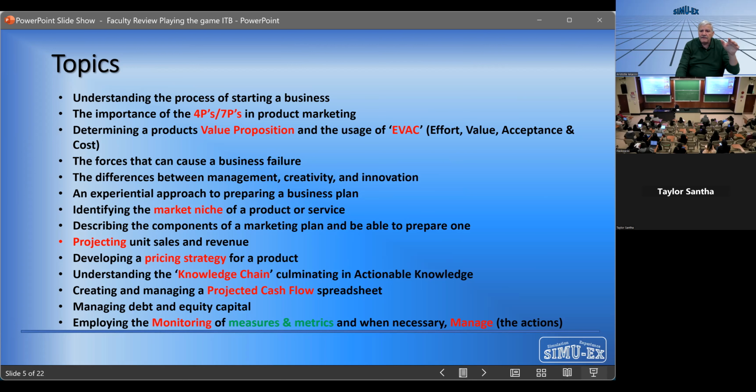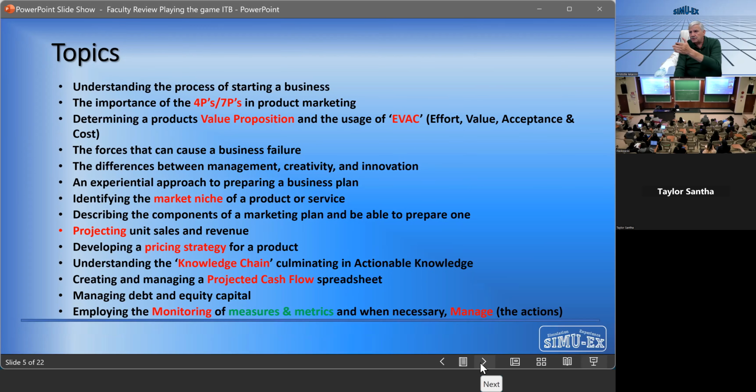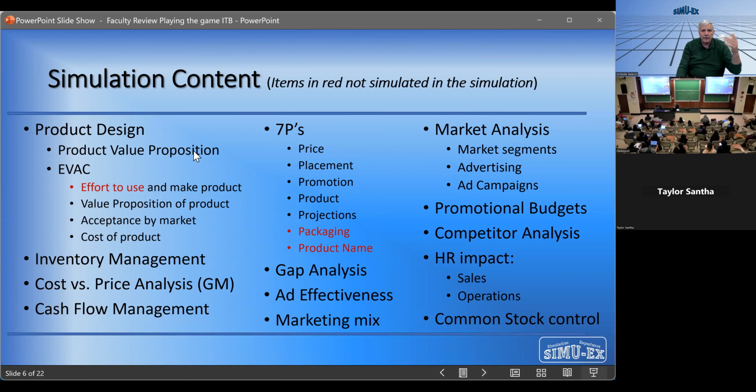So these are the various topics scattered throughout your program over this semester that you're going to be discussing, that you're reading in your Cengage material, that Dr. Laskowski is discussing with you in your classes as we go through it. And here's a bulletized list, and all of you have a PDF of this, so you can go back in and review any one of these features and capabilities.